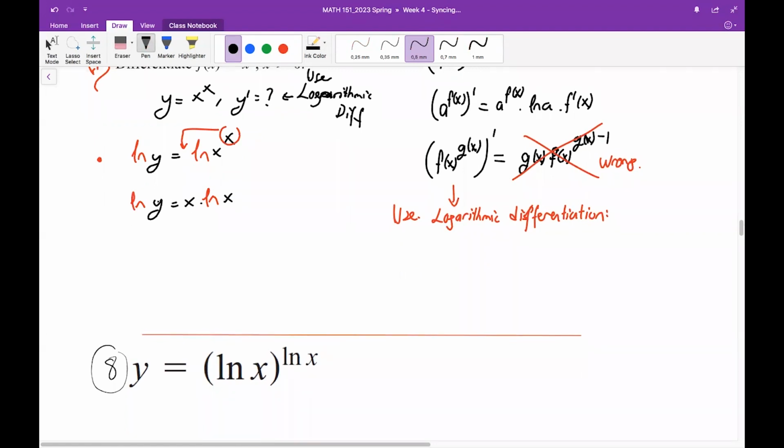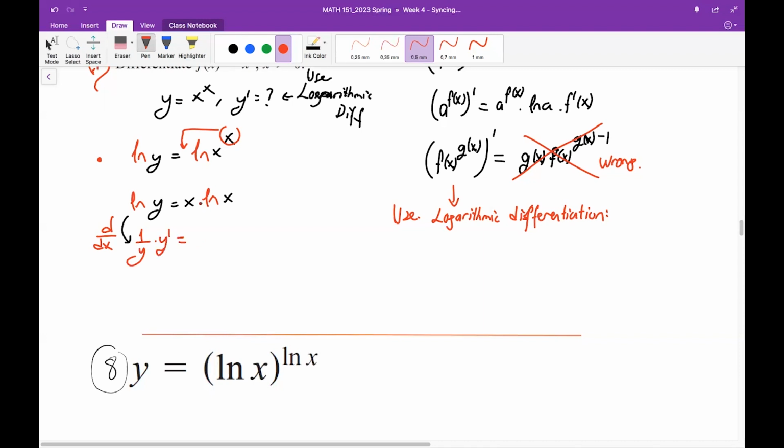And this is now a simple function to deal with while taking the derivative, right? We don't have x-dependent powers anymore. It is now downstairs. So let's take the x derivative of both sides after this step. First of all, for the left-hand side, the outermost function is ln. So you will take the derivative of it first. It goes like 1 over y times, you know, y is a function depending on x. That's why you will also multiply with the derivative of the inside function, y prime.